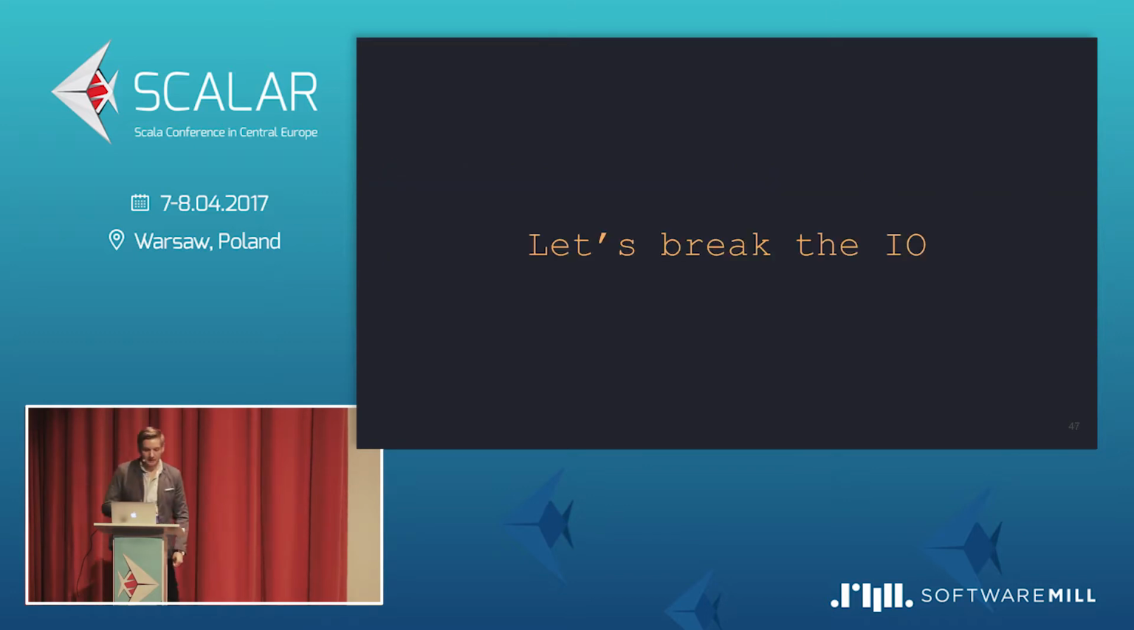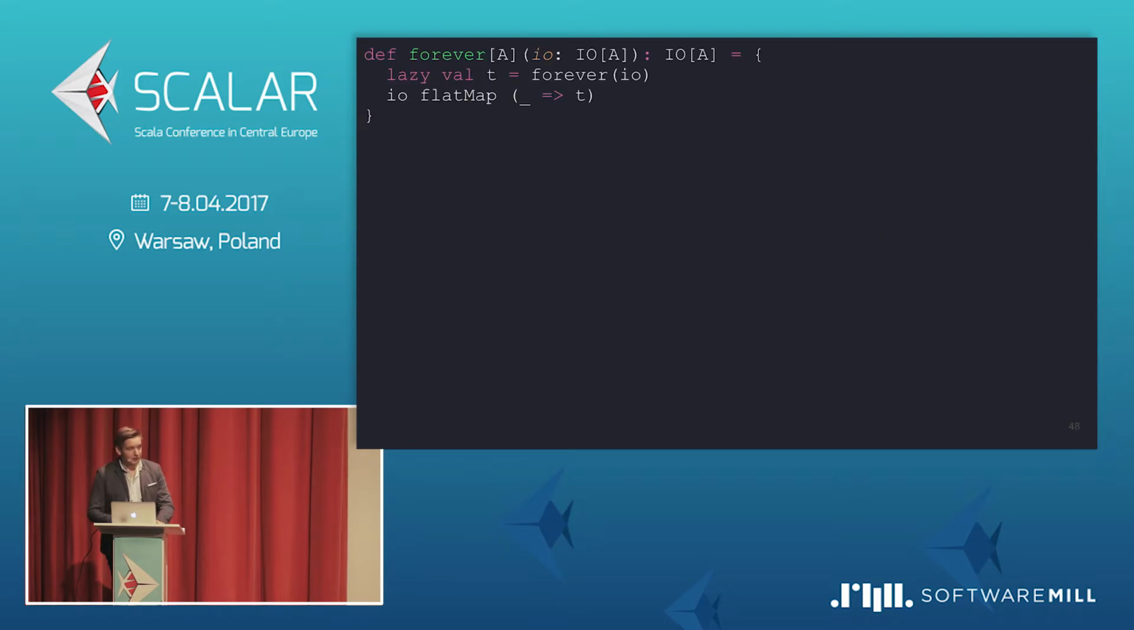So let's break the IO, and let's try to think of a use case where this won't work. Think of a case when you would have an IO object that you want to loop forever. You want to put an IO object inside that function forever, and you want it to do that side effecting all the time. So how can we achieve that? We're calling recursively